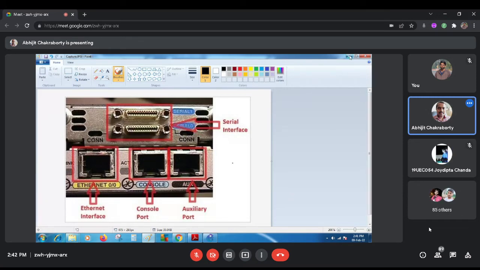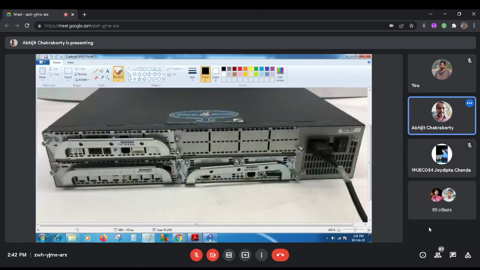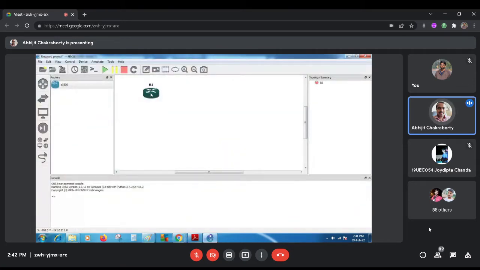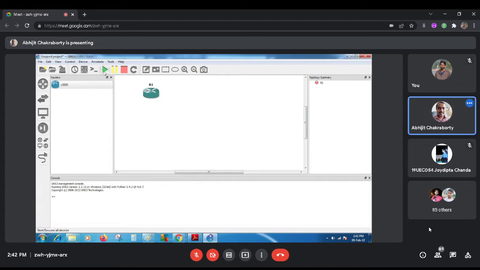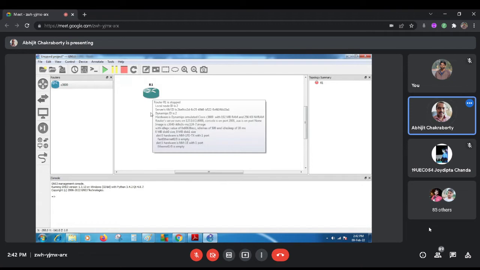Now virtually we can go to the router console port. There is a function called console. You can go to the console of this router also by pressing this one. Before going to the console, I have to power it up. So I just press the start button to run this router. Before pressing it, I just go to